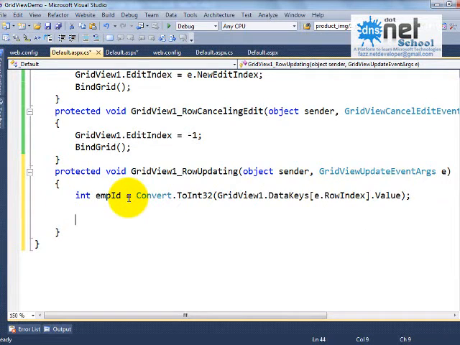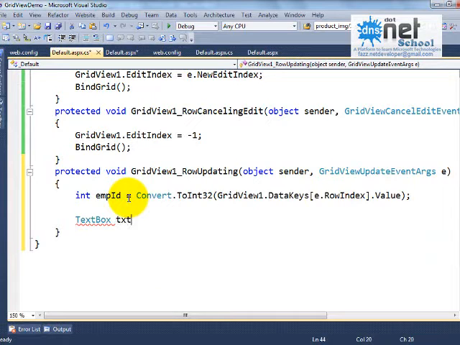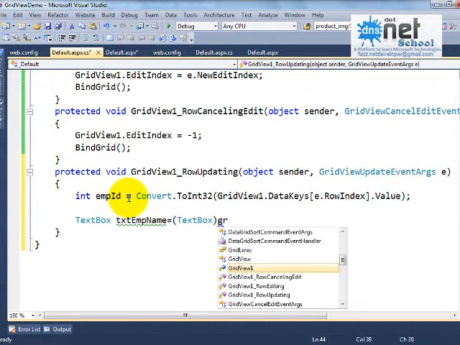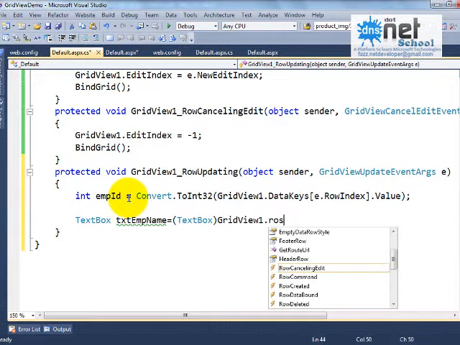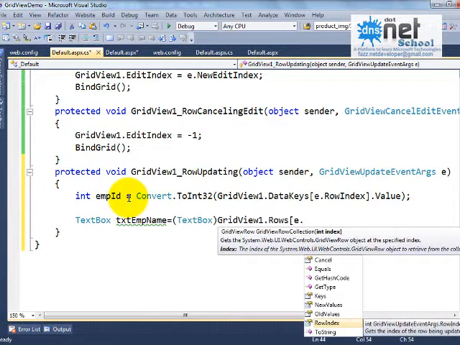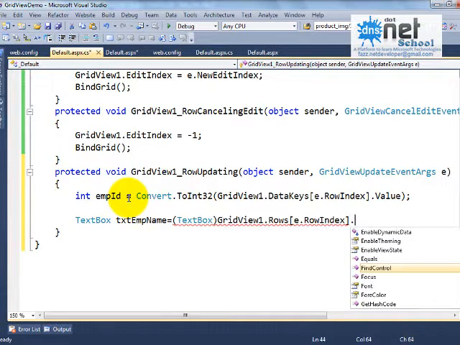Okay, next create the instances of all the text boxes. TextBox txtEmpName is equals to typecasting TextBox, GridView1.Rows of the current row being edited, e.RowIndex, dot FindControl.